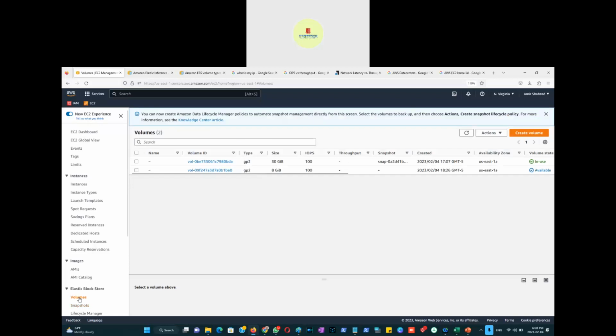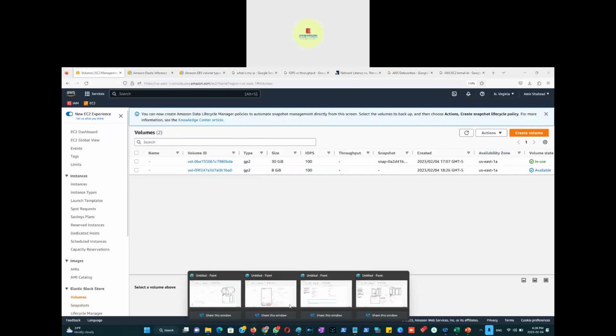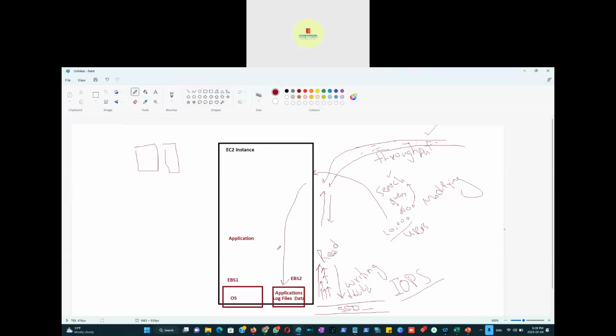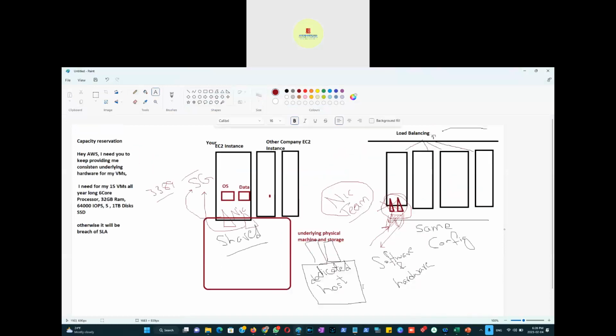I'm going to go up to the volumes again because, according to the lab, I already have an operating system volume here attached to this EC2 instance, but I want to attach another one. So this is 100 GB. I think, oh, that was not 100 GB, it was 30 GB. This is 8. Let's see if it gets connected while it is powered on, or do I have to power it off